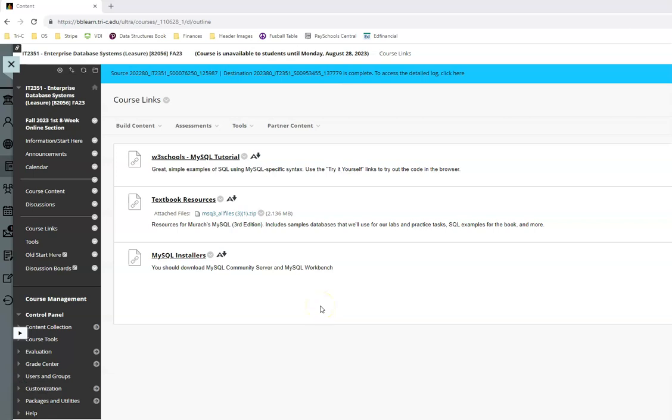Let's install MySQL. So we need two products from MySQL this semester. One is MySQL Server, and that's the software, the relational database management system software that runs in the background and manages table storage and executes SQL statements against those files. And then we need MySQL Workbench, and MySQL Workbench is the GUI that we're going to use to interact with